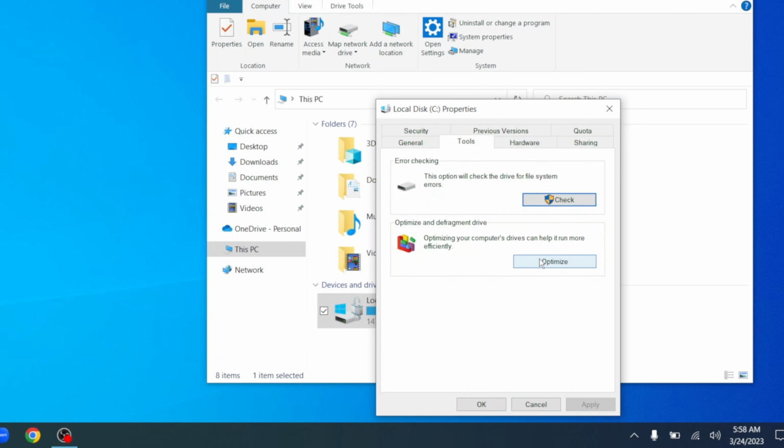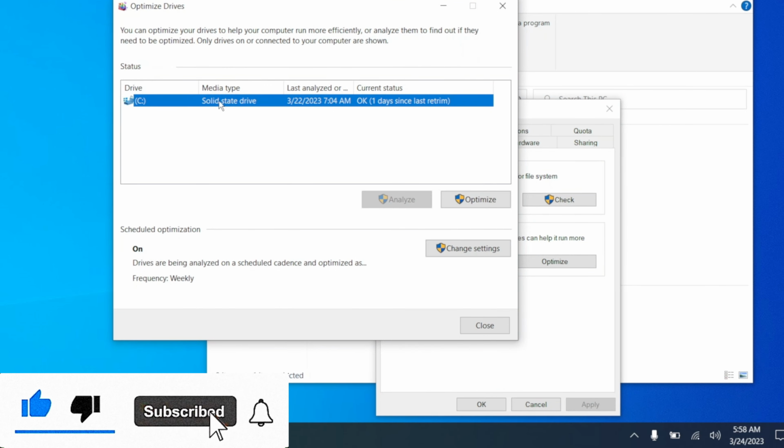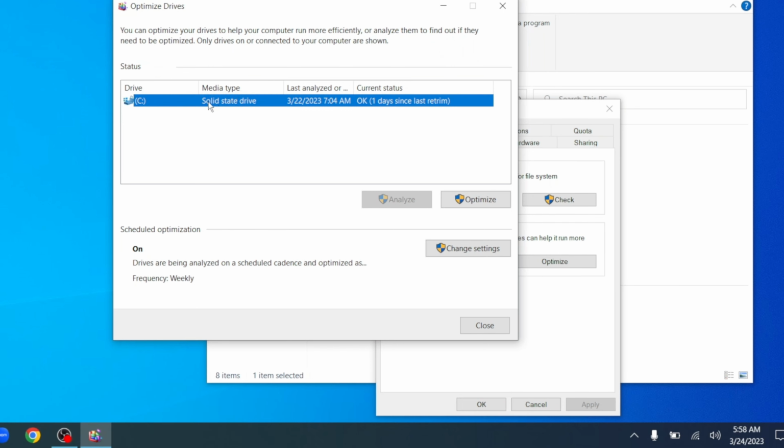From here, I'm going to click on optimize. Make sure you select your C drive. I have only one drive on my system right now, but if you have multiple drives, make sure it's on your C drive. I'm just going to click on optimize. Without wasting much time, it's running, and you see it's done.